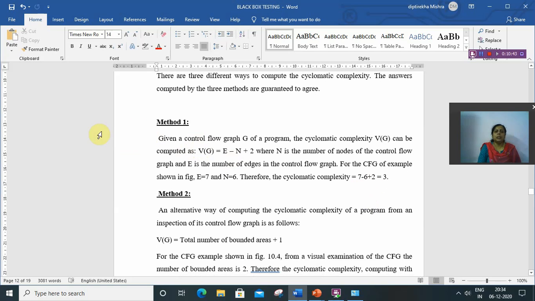In method 1, given a control flow graph G of a program, the cyclomatic complexity, represented as Vg, can be computed as Vg = E - N + 2, where E is the number of edges and N is the number of nodes.